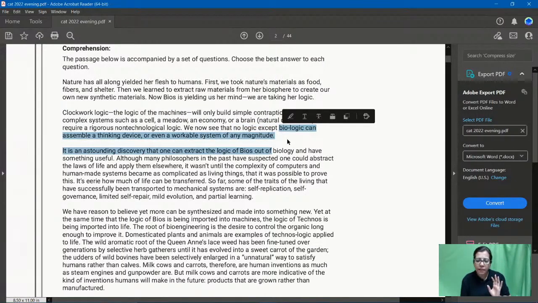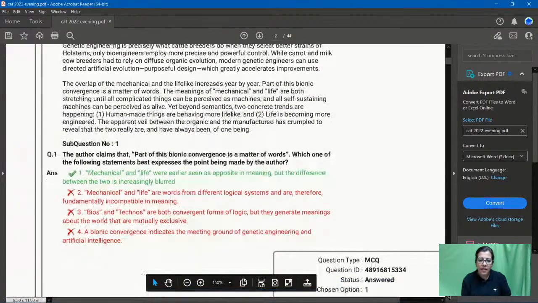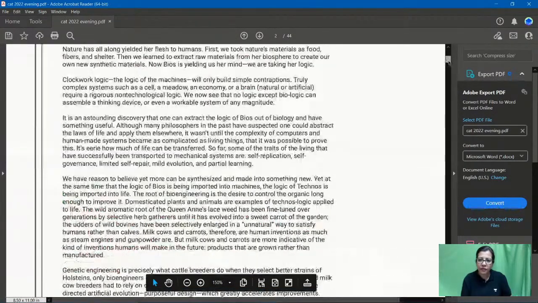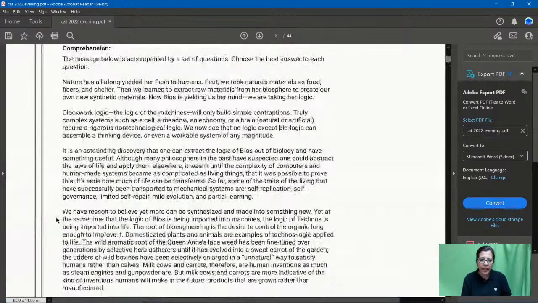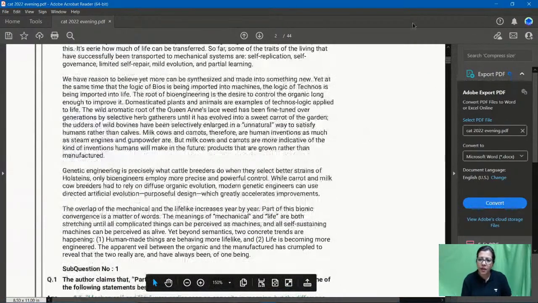Just by reading up to this point, this line, I understood that the author is being scientific, technical. This passage is factual. He's talking about bios, some system, biologic. Okay, and then what I did was I just started going down the paragraphs. If you just see the paragraphs, look here: it is an astounding discovery. Okay, fine. No need to read the paragraph because, as I said, I'm going to just check the questions. Astounding discovery. And then I understood that he's talking in a positive way.